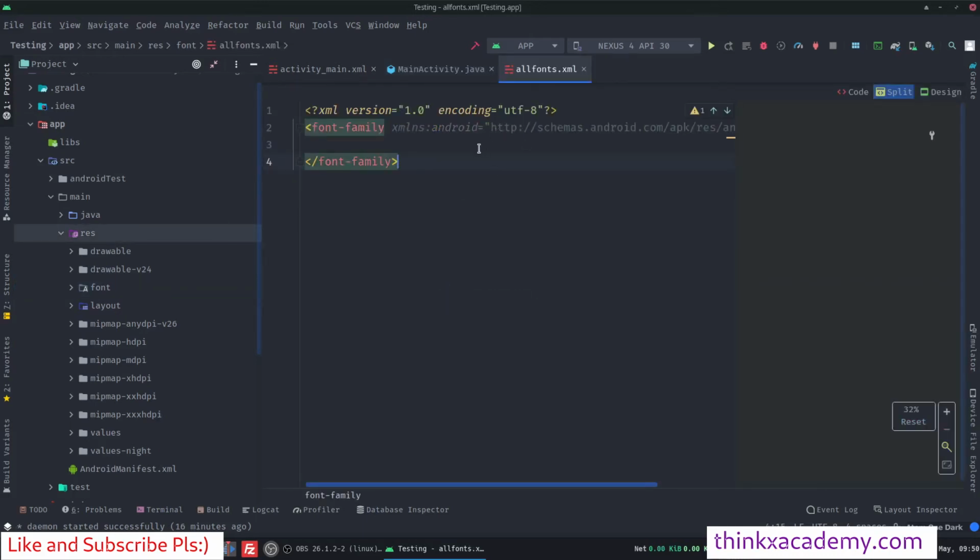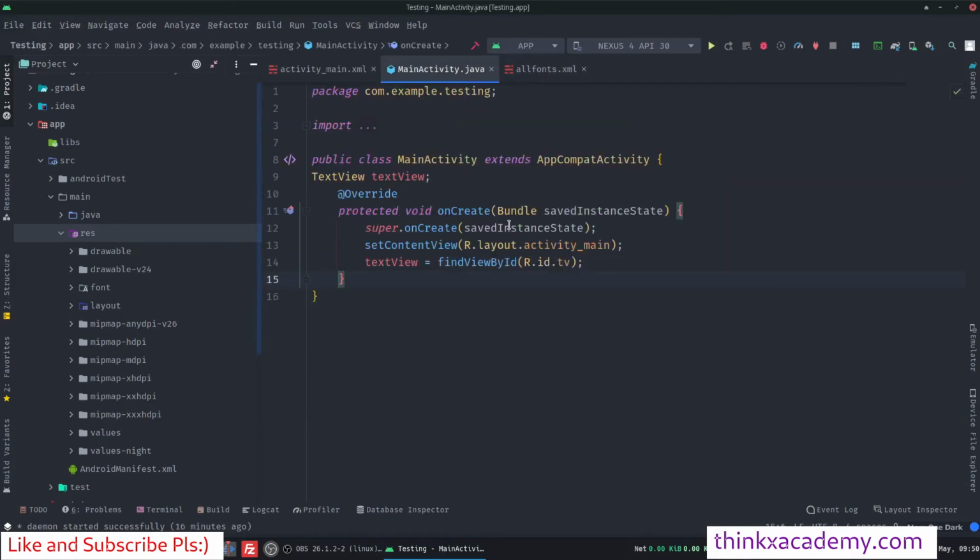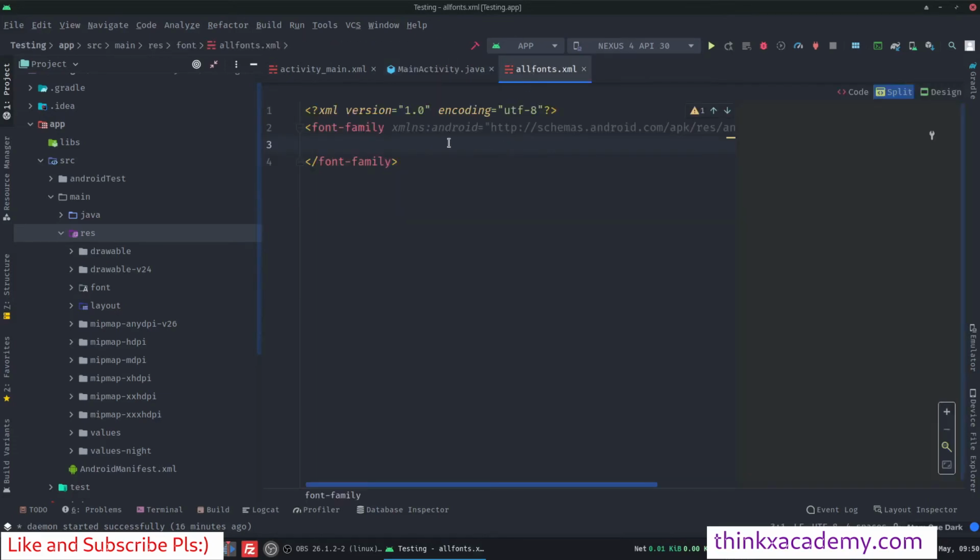So now we have a whole font family, and here I can define all the fonts that I have. And then I'm ready to use it in the XML. So we do not need to write the Java code again and again using the Typeface class. And remember that it won't support Android versions 8 and below, right?